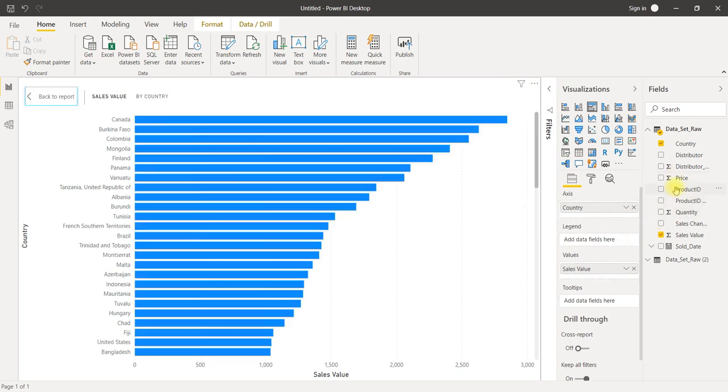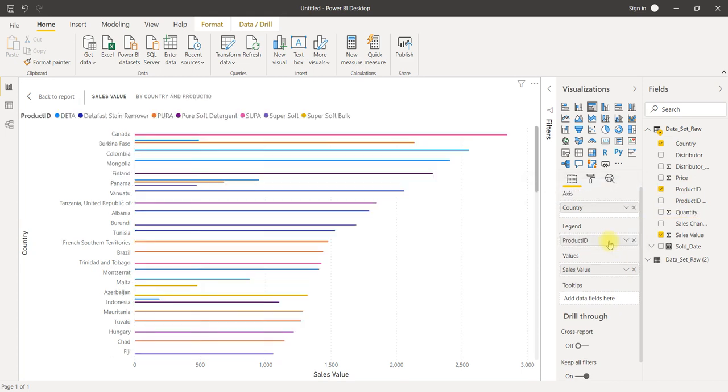If you would like to add product ID basis, country wise, we'll select product ID in the legend, so that each color shows, okay, this is the direct, this is the pura, this is the pure soft detergent. Like this it will show the different products.